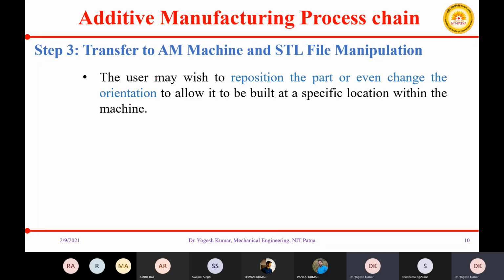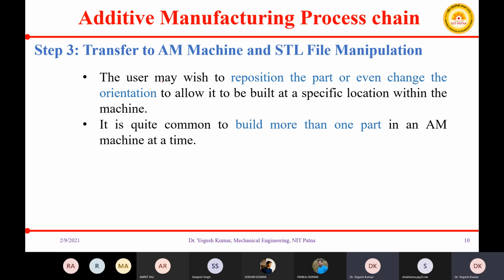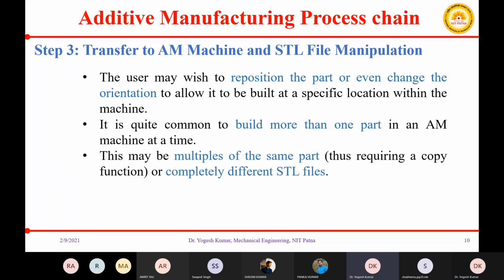The user may wish to reposition the part and even change the orientation to allow it to build at a specific location within the machine. It is quite common to build more than one part in a machine at the same time. This may be multiples of the same part, thus requiring a copy function, or completely different STL files.